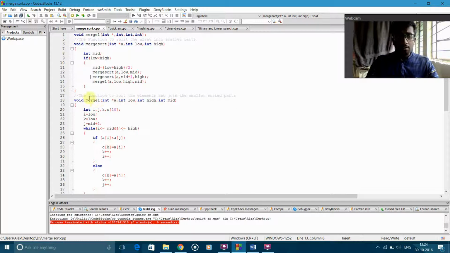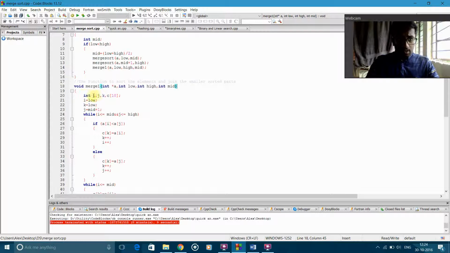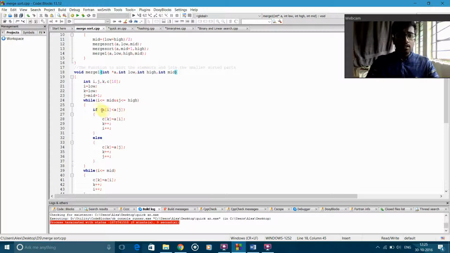Then comes another function named merge1, which is of void type, and this function is used to sort the elements and join them into smaller parts. Inside this function I declared some variables of integer type, that is i, j, k and a c array of size 10. Then I initialized i as low, k as also low, and j as mid + 1. While i is less than or equal to mid and j is less than or equal to high, then